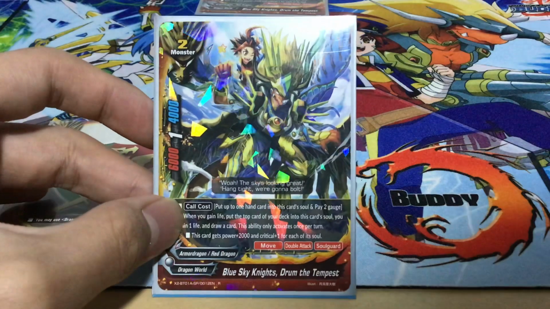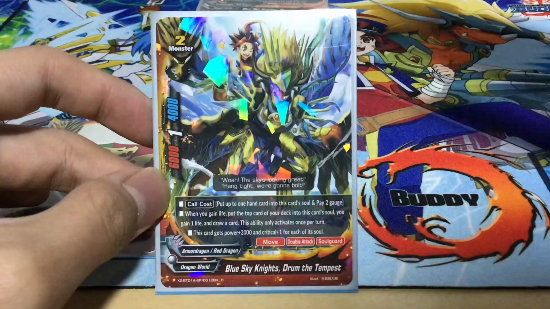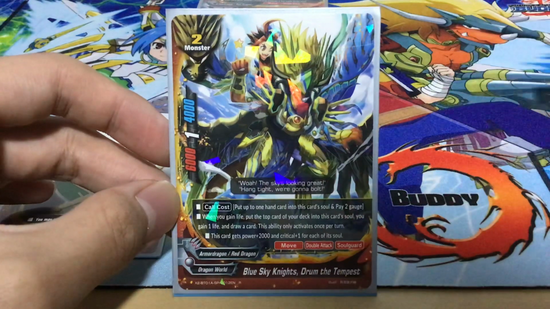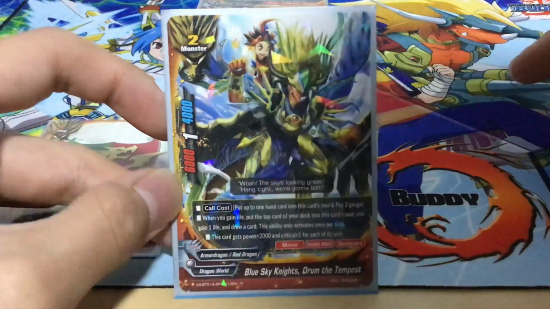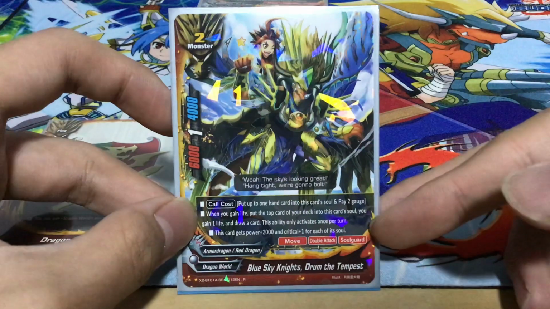So put up to one hand card into this card's soul and pay 2 gauge. That's the only downside, because you have to put a hand card into this card's soul, which is not desirable, but it's good to get this started. So it's 6k power, 1 crit, 4k defense. The stats seem like trash to begin with, but when you check out the ability, you will feel that it's